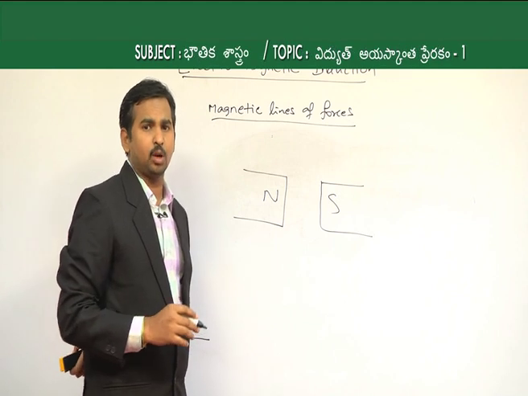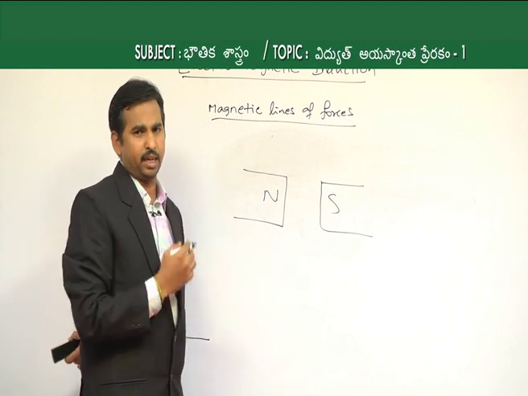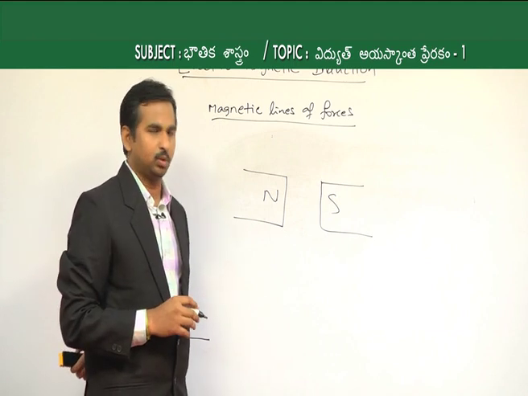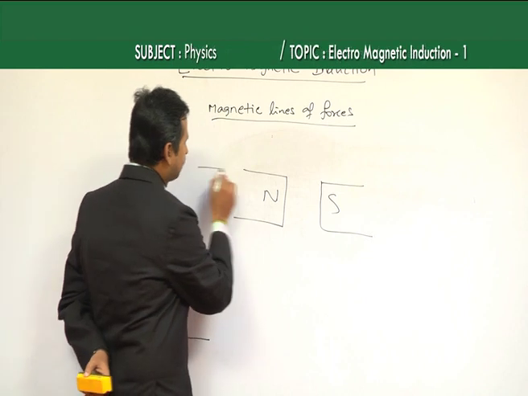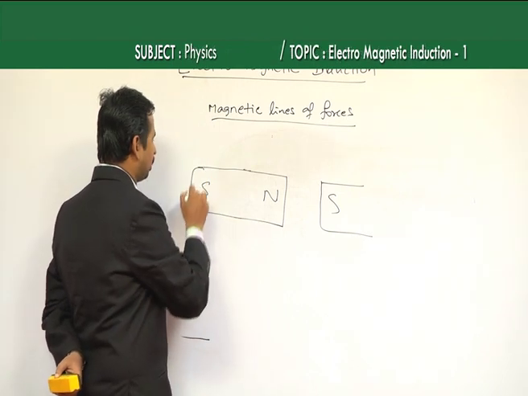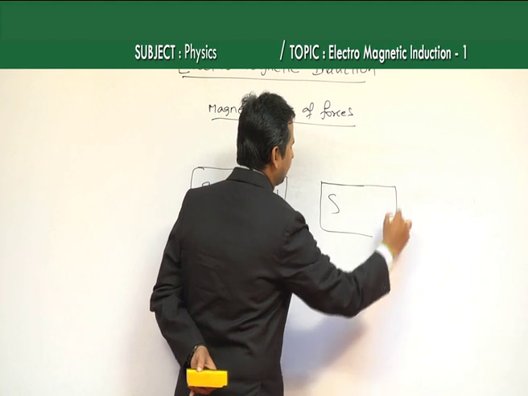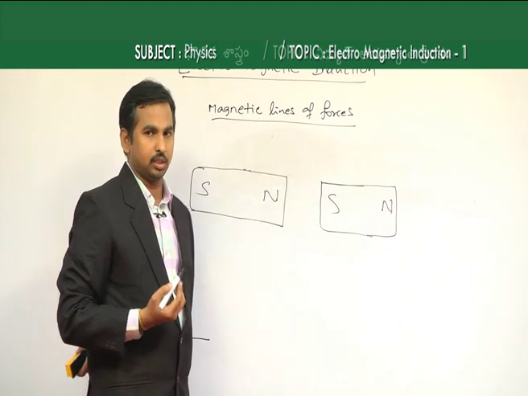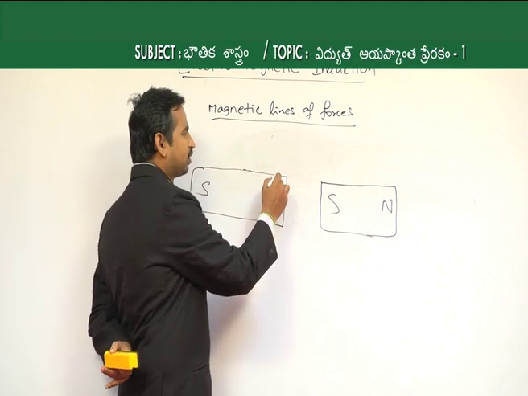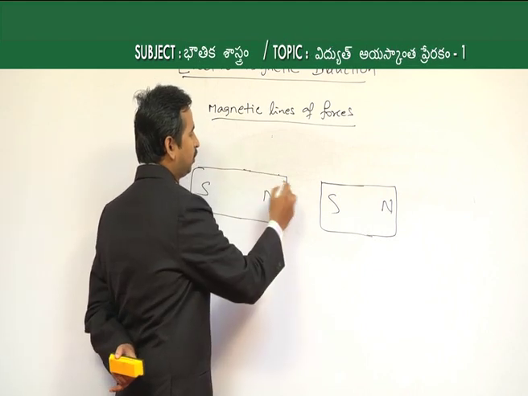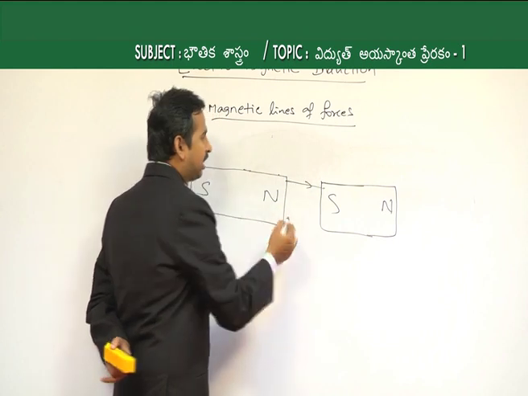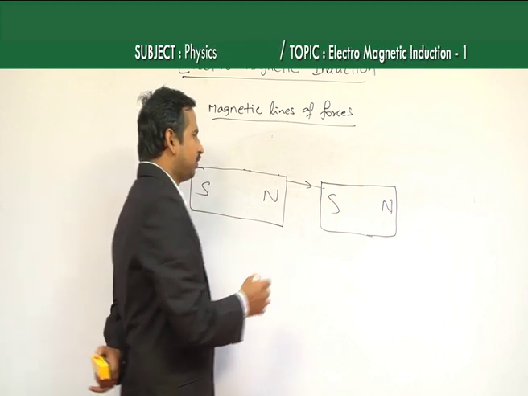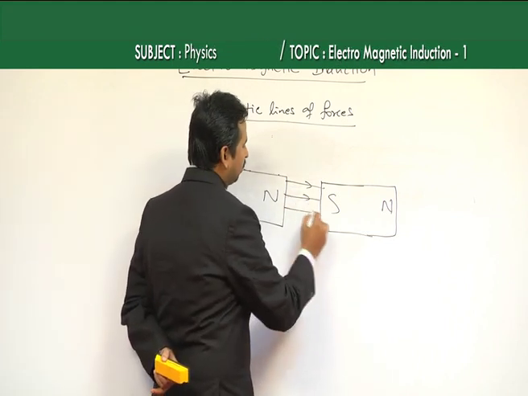Then, going from north pole to south pole, we already know that the magnetic lines of force start from the north pole and end on the south pole. So, this is a single separate magnet having a north pole and south pole, and this is another magnet having a north pole and south pole, and these two magnets are being brought closer to each other. Then, as the magnetic lines of force start from the north pole, the magnetic line which starts on one magnet actually ends on the south pole of the other magnet, for example, like this,